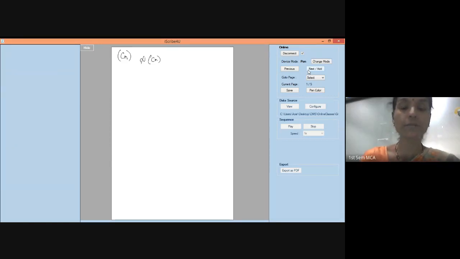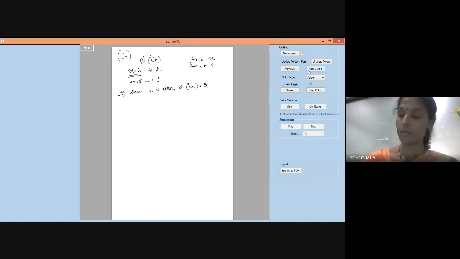You cannot generalize like we did for Kn and Km,n, where we generalized as n, or 2, like that. But here, when we try to find the chromatic number of Cn, it is not possible to generalize, because when n is equal to 6, we required only 2 colors, and when n is equal to 5, we required 3 colors. So what we can infer is, when n is even, the chromatic number of Cn is 2. When n is odd, the chromatic number of Cn is 3. This is what we can arrive at.